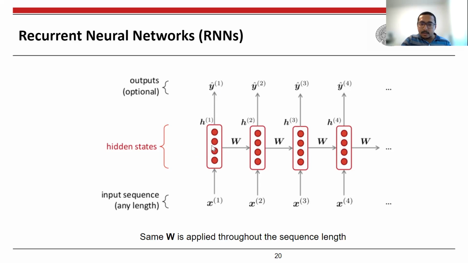Then you use the same weight while taking the next word in your sequence. Basically, you are passing a series of words, and each word gets combined with the weight values, and that gives you an output, and that same weight is again used for computing with the next word. So this particular hidden state is shared by all the words that are present in your sequence. That is, to some extent, solving the symmetry problem.